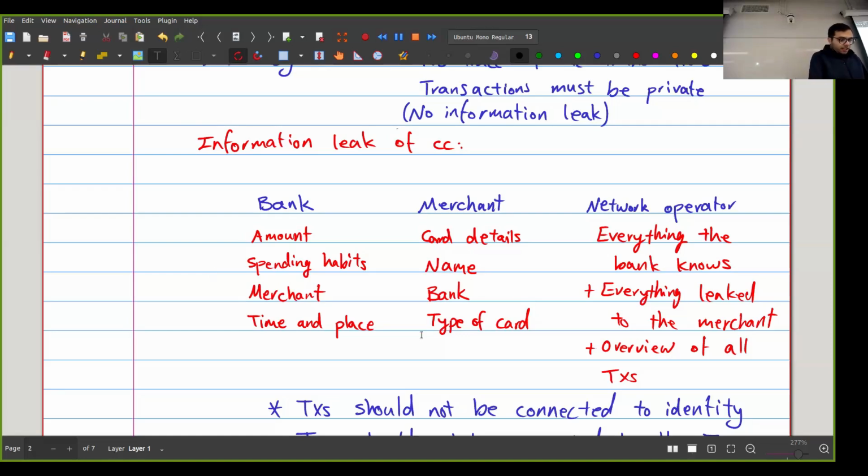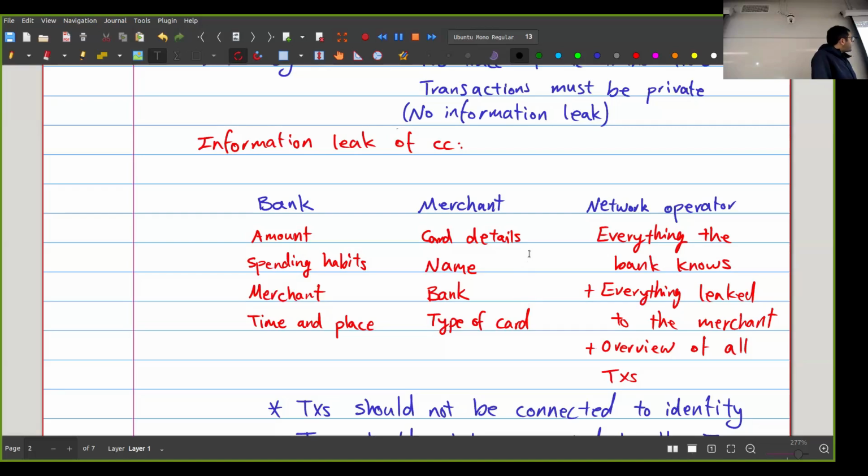Okay. Now, we can look at it from the point of view of the merchant. And this is also catastrophic. So, if you use a credit card, the merchant, of course, sees your card details. And again, in the old days, before the two-step verification and things like that, just having the card details was enough to steal your identity and be able to create transactions on your behalf. That was even worse. And I mean, even nowadays, a lot of credit cards are like that.